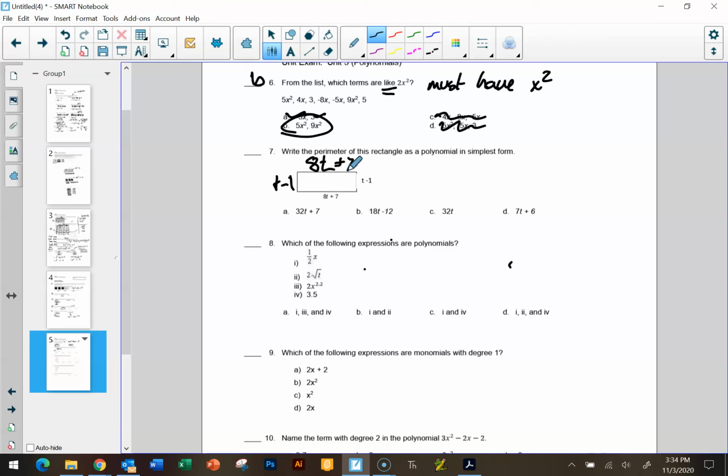Okay, so what we've got here is, let's just add them up, right? Perimeter is just addition. 8t, 9t, 10t, 18t. And then let's look at our constants. We've got 7, 8, 15, 16. Is this plus or minus 1? Oh, sorry, those are minus ones. Minus 1. Sorry, I'll do that addition again. 7 plus 7 is 14. Minus 1 is 13. Minus 1 more is 12. So 8t plus 12, which is